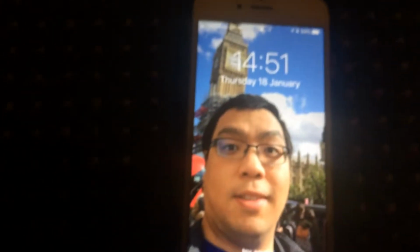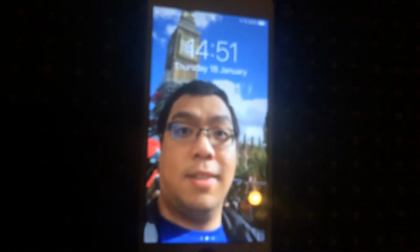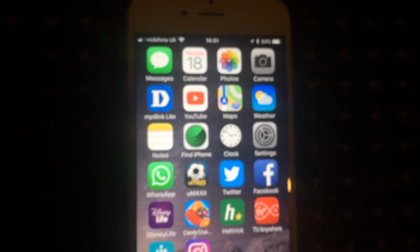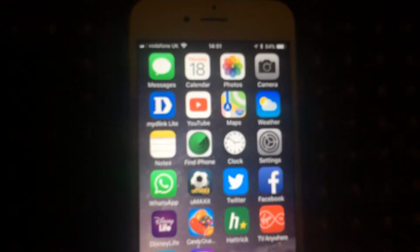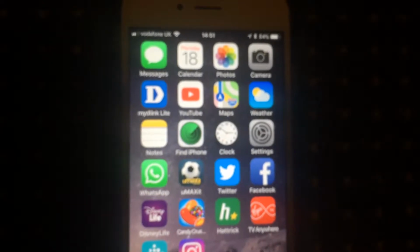So opening up onto the wallpaper, you can see that's just me in front of Big Ben when I was down in London. That was quite a wee while ago actually. So, opening up, you'd see here on the first page we have the standard iPhone apps, the message app, the